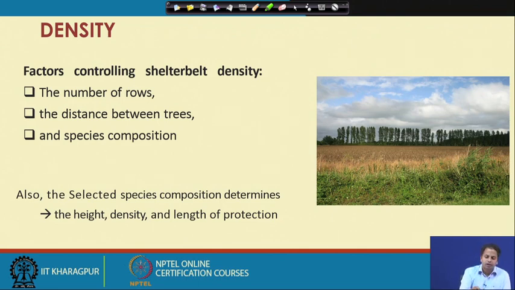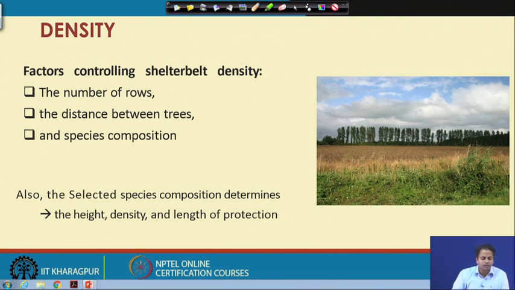Another thing is the density factors controlling the shelter belt densities. There are different factors that altogether control the density of shelter belts. So, for example, the number of rows which are being used, the distance between trees, and the species composition. So, what combinations we are using for a shelter belt. Okay.